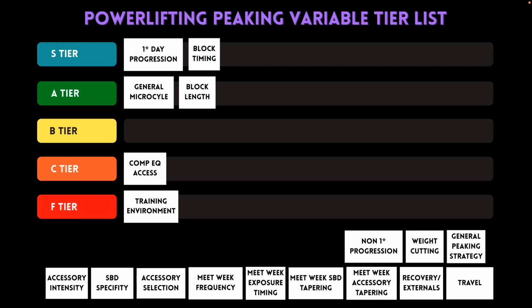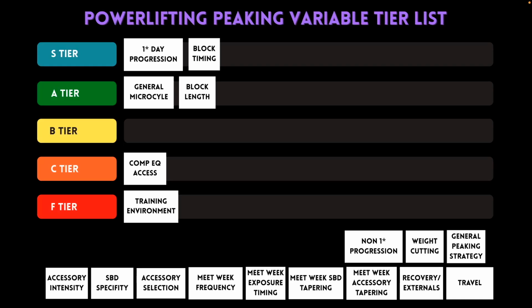Yeah, I think the real difference here is that when it comes to primary day progression, we're looking more so at peak intensity in the week, versus non-primary is a little bit more skewed towards average intensity throughout the week, and how you're progressing that. And I think that when it comes to peaking specifically, primary day progression, i.e., peak intensity, is probably a little bit more important. And generally, when you're peaking for a meet, it's not a particularly long amount of time.